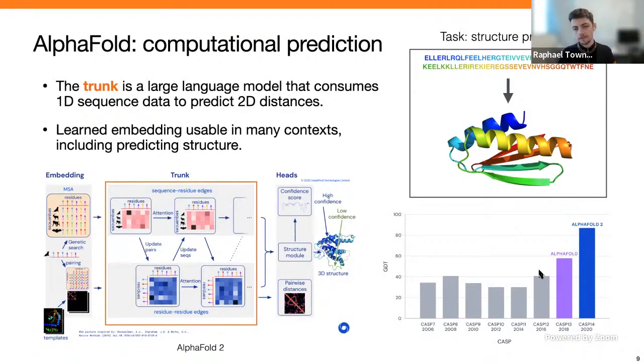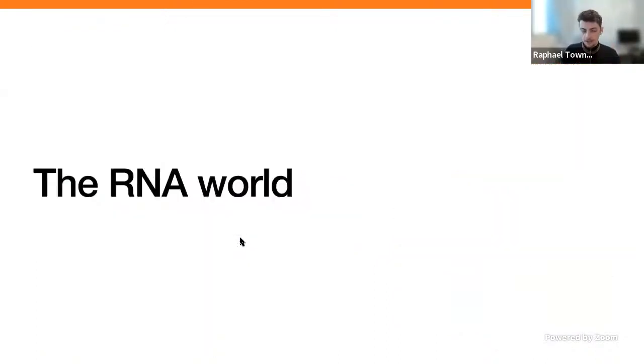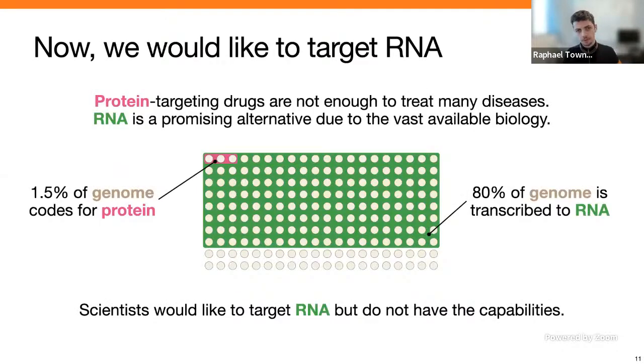Okay, so I've just been talking a lot about structural biology, about the shapes of molecules, and a lot of this so far has been focused on proteins. Now I want to pivot a little bit here and talk about RNA specifically, which is really a lot of the focus of my own PhD. So let's talk a little bit about the RNA world and about how these kinds of large language models can really unlock that space.